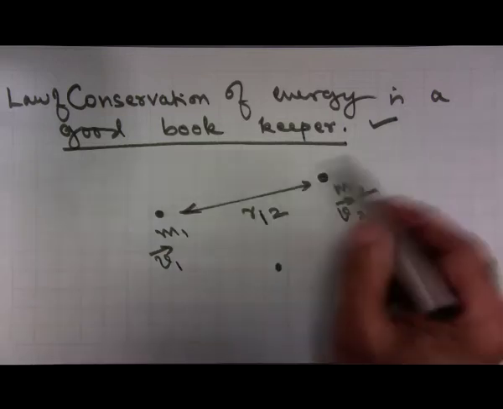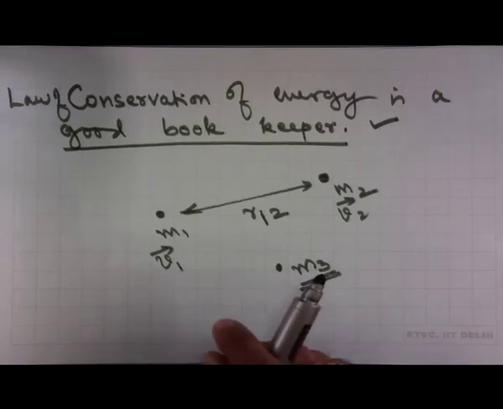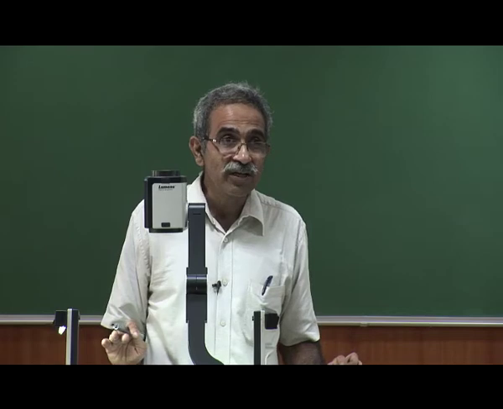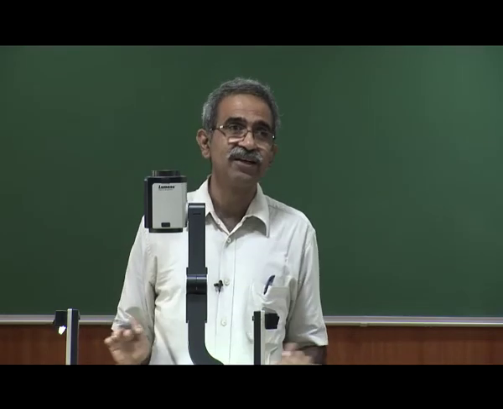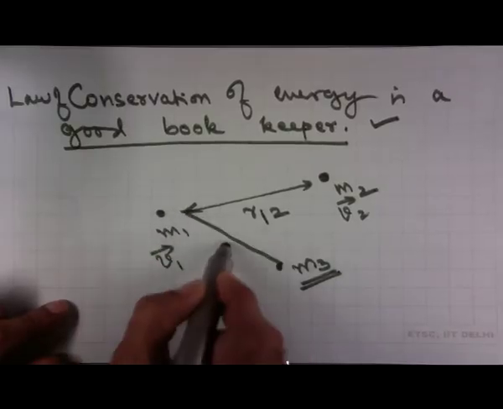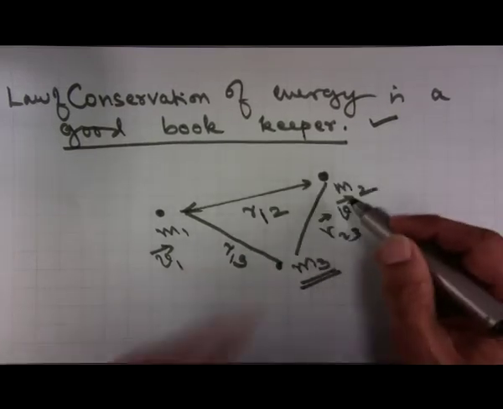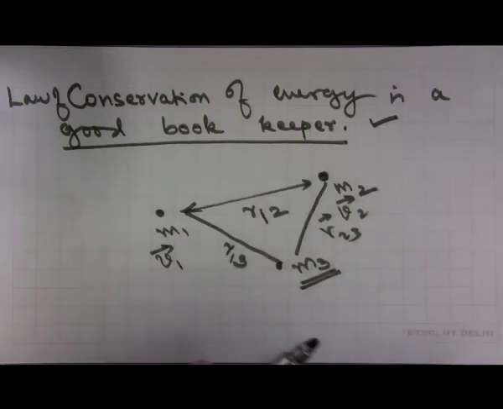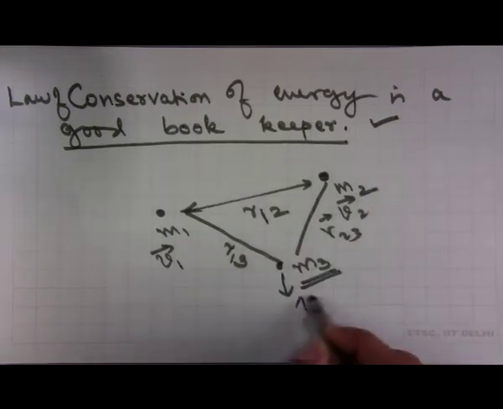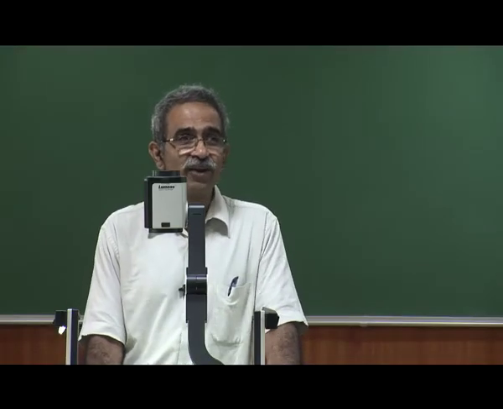m1 is free to move, m2 is free to move, and m3 is also free to move. There is no condition on them. There is no condition on the motion, there is no condition on initial velocity, there is no condition on initial position. So that is what I have. So what will I do? The initial separation is r13, this separation is r23. Of course, I have written it in a plane, they need not lie in a plane, they may lie anywhere. And this mass 3, m3 has a velocity v3, and everyone knows that it is child's play to set up the equations of motion, because I told you how to do it for n bodies. What can be done for n bodies can be specialized for 3 bodies.